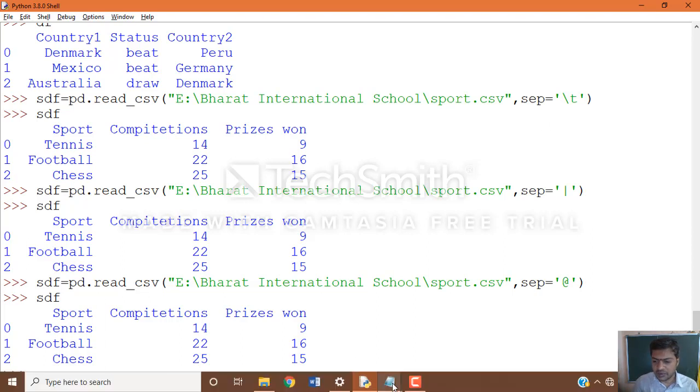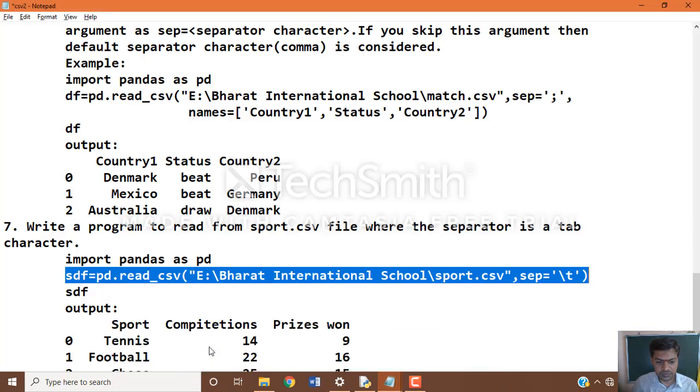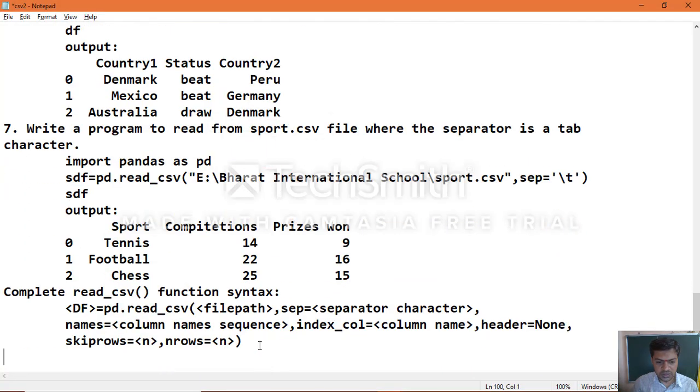Okay. Now we come to know the way how we can make use of different examples. Yes, you can see clearly all the arguments which we applied so far, and the way how we can make use of read_csv. Yes, we come to know this. Now another class which we will see, to_csv, writing data frame data into a CSV file. That concept we will see in another class. So thank you. We'll continue with the next session.